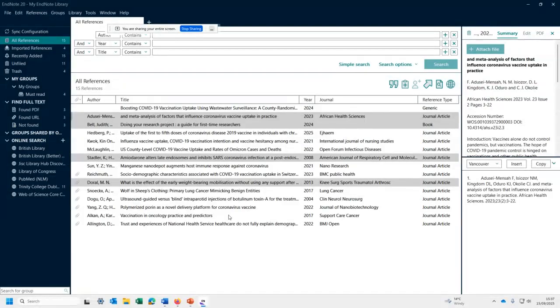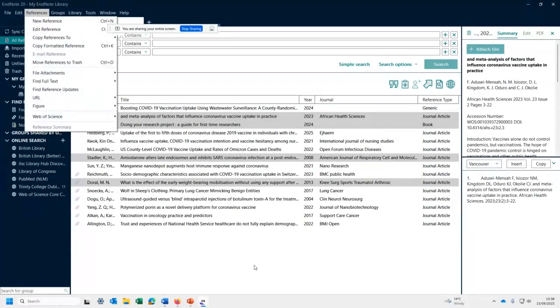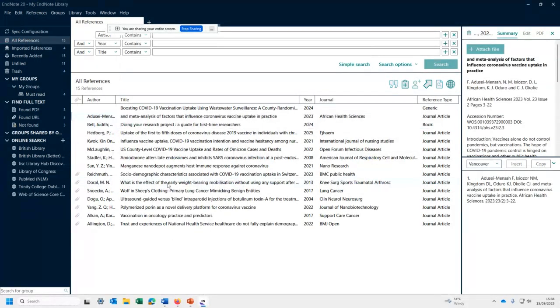Okay. Now, this is kind of EndNote and how you work it. As you can see, we need to populate the library, and we can do that in various different ways. We can search library catalogs, we can use search databases. We can actually manually add the references ourselves, just reference, new reference. But to work with Microsoft Word, you do need references in the library, okay?